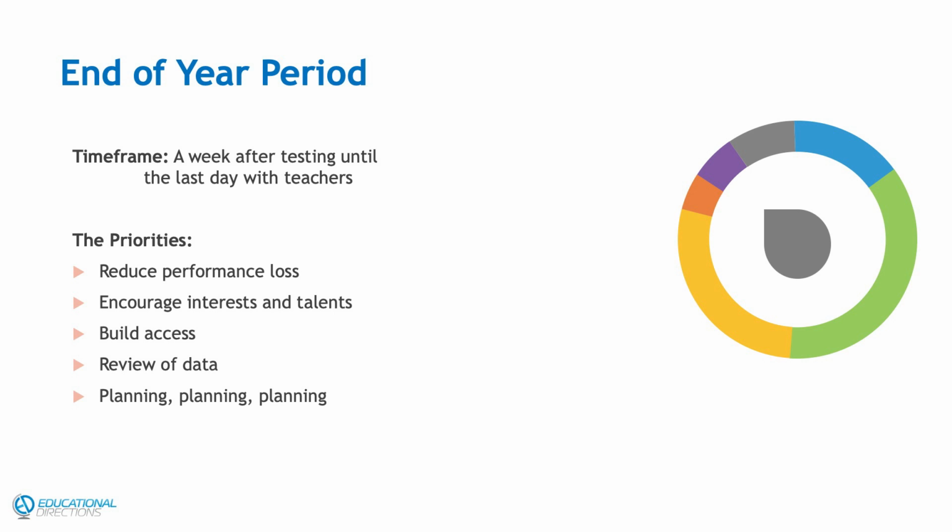We can have adults build access. Sometimes we have an overlap where we have the next year's teachers go ahead and start to do some things, or even just take the entire class, so that some of that rapport is already built. We might be reviewing with students what their data look like for the year, having the students talk about what their plan is for next year, how could they do better, where do they think they could give more effort. If we bring students into the process, we put some sort of expectation on them, they're more likely to take ownership of their own learning. And that's really the key to developing long-term independent learners.